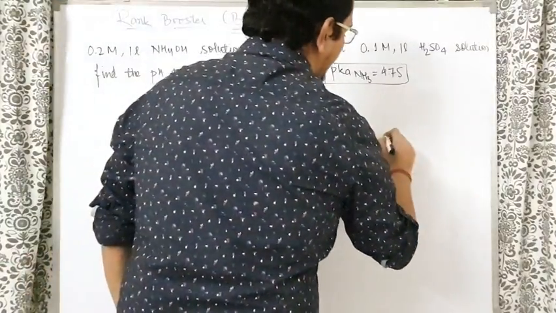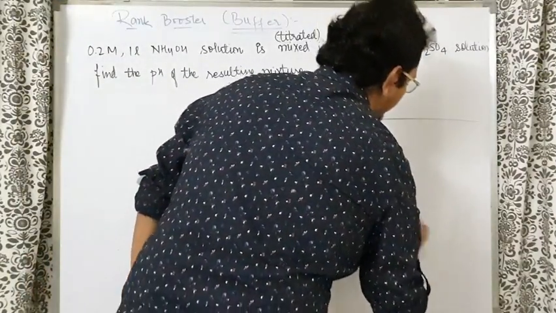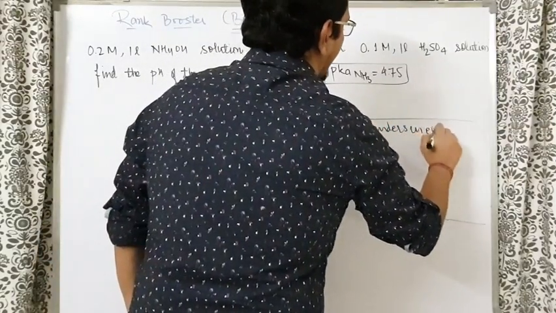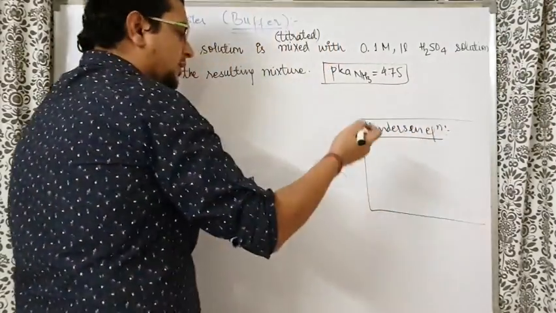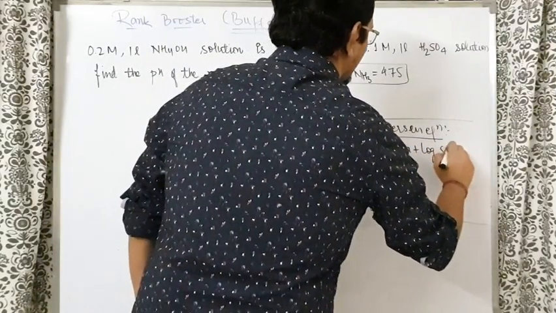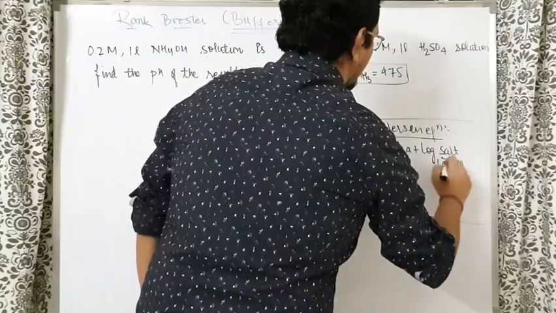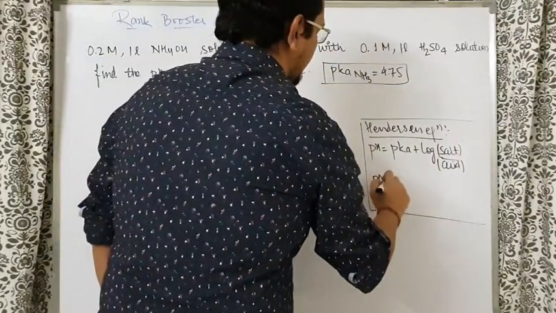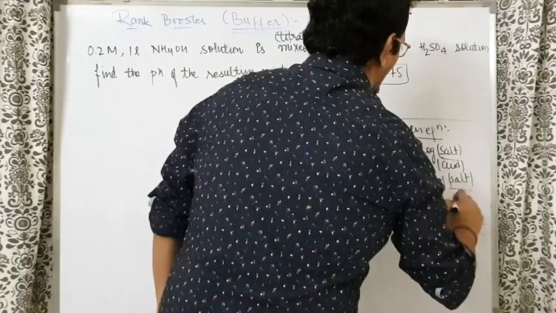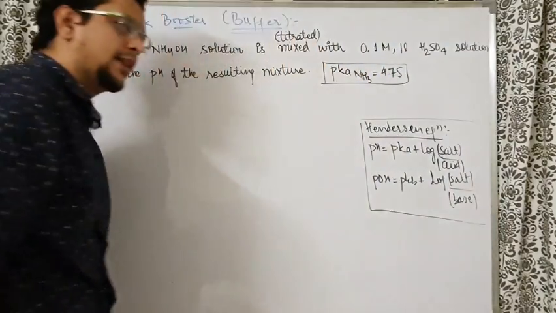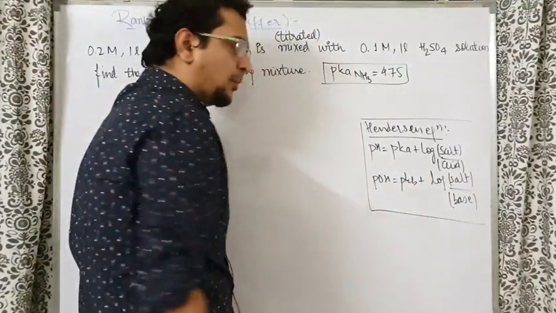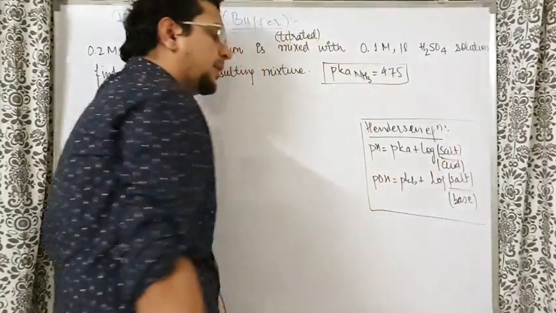Before going ahead, understand there are two formulas we can use for finding the pH of a buffer, and that formula is known as the Henderson equation. The Henderson equation, as per NCERT and as many teachers teach, is pH equals pKa plus log of salt by acid concentration, and pOH equals pKb plus log of salt by base concentration. This is what most people will teach, and NCERT is also writing the same thing. Now look, if Kb is here, base should be in the denominator. If Ka is here, acid should be in the denominator.